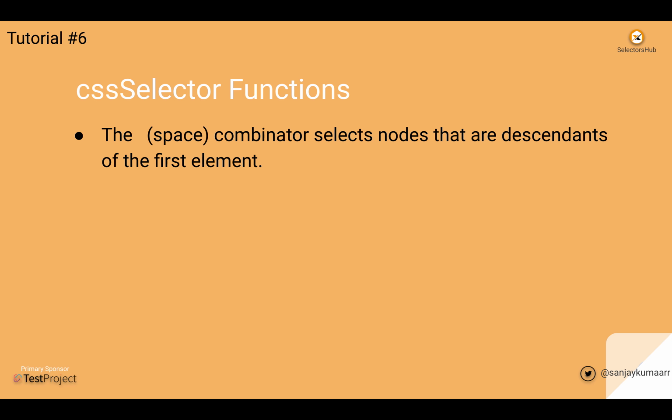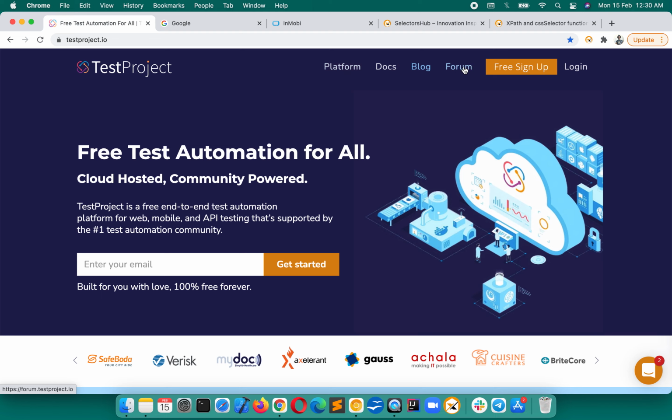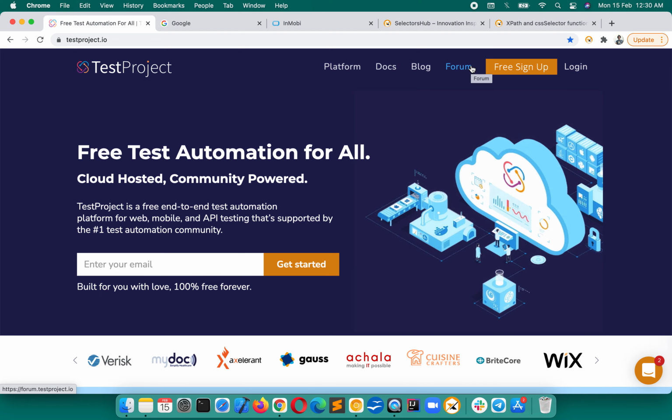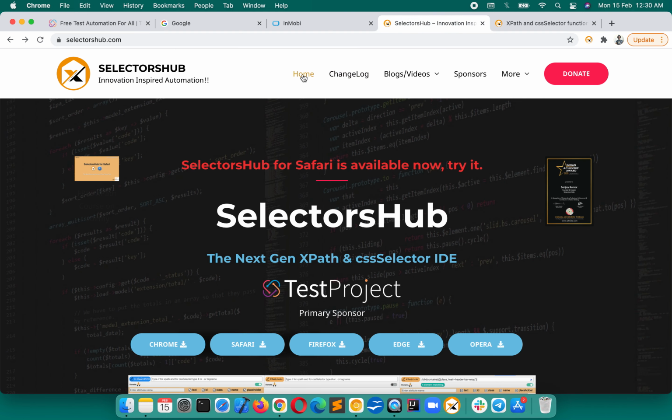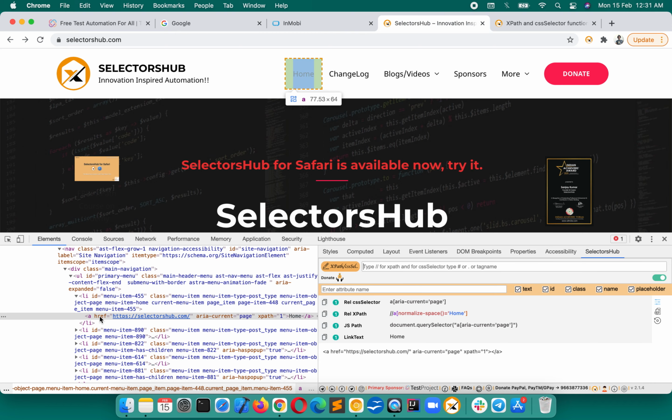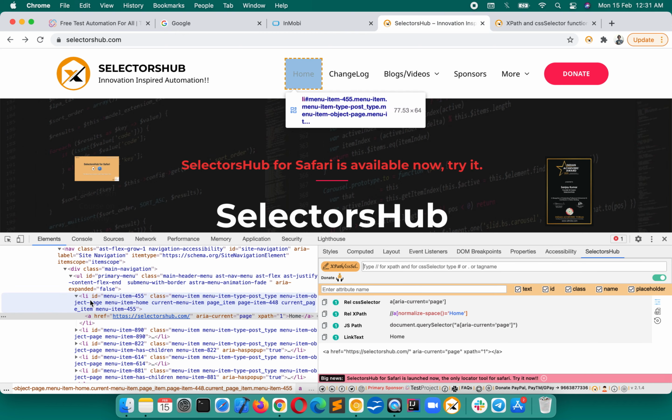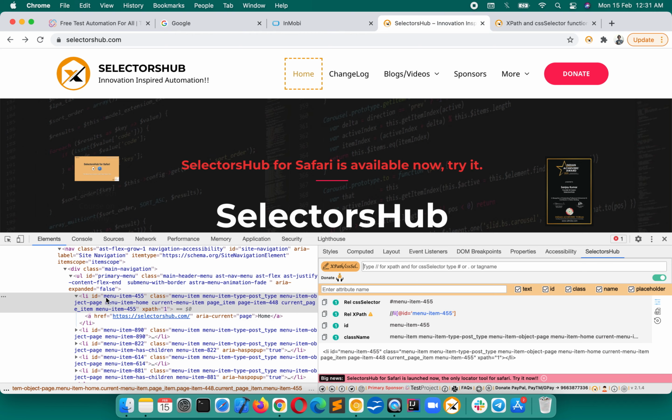that we can select nodes that are descendant of the first element by space. So like we have written there for form we were writing, and then we have added the space. Likewise, for an example here, suppose we write a CSS selector for this one, so let me show you that space combinator, which we have already seen, I'm just repeating that again. So for an example, if we start writing CSS selector for this one, let's say we start with id and we type hash, then